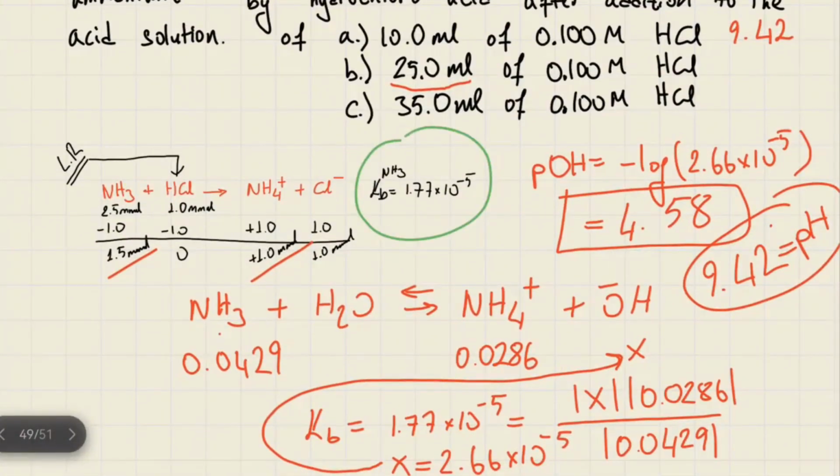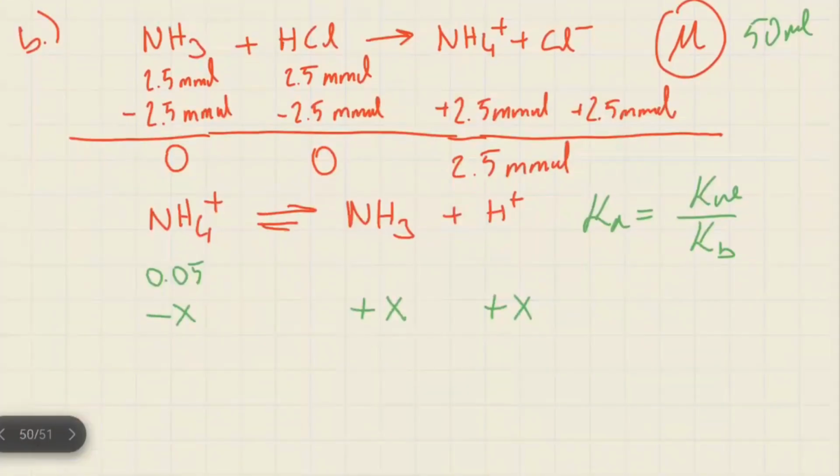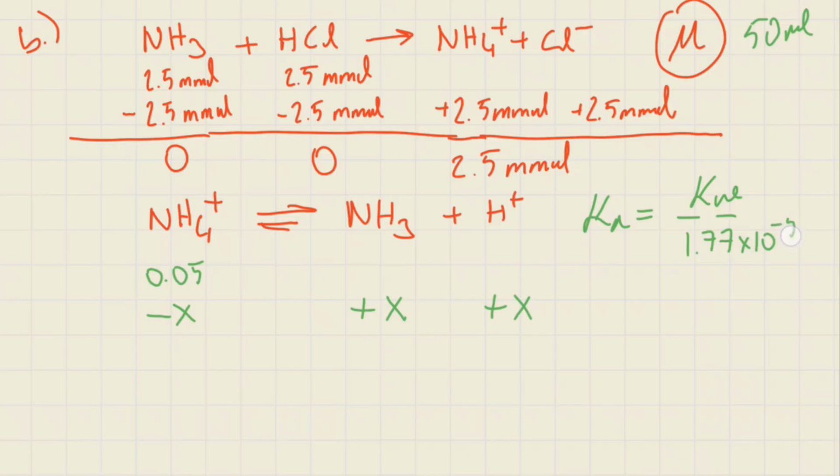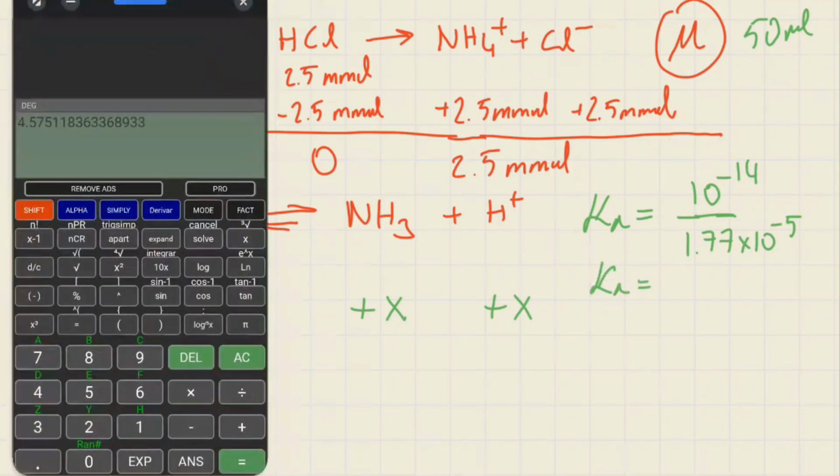Kb here, 1.77 times 10 to the minus 5. And we know the Kw, which is 10 to the minus 14 from the acid-base chemistry. So Ka value will be, what will be,